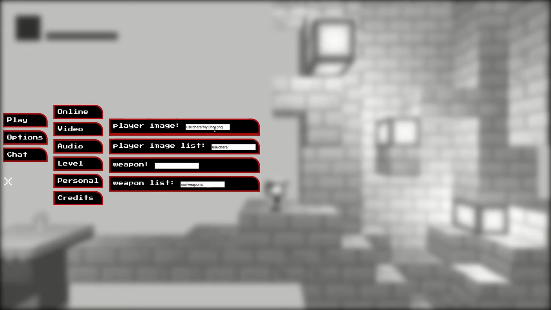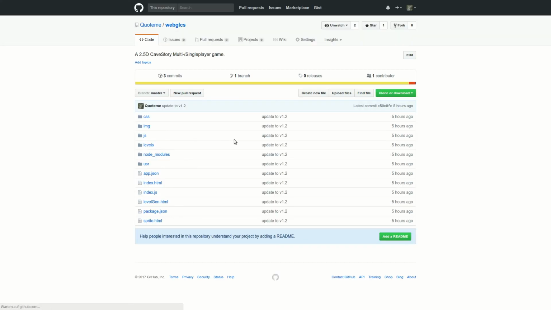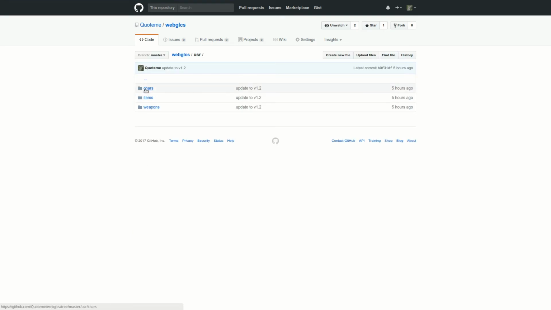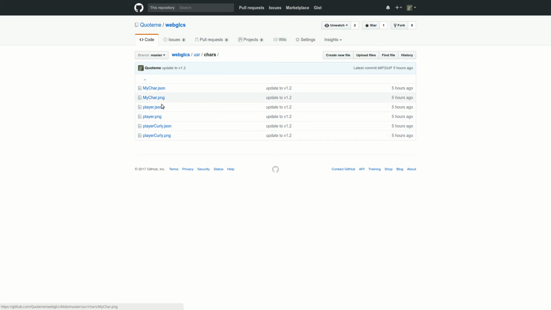First off, the player image. This one uses the same kind of loading mechanism that is used in the levels. First you have an address. In this example it is users and then chars. So if you click here on credits again and then open the GitHub repository, you'll see users and then chars. And here's a bunch of different files. What really interests you is those